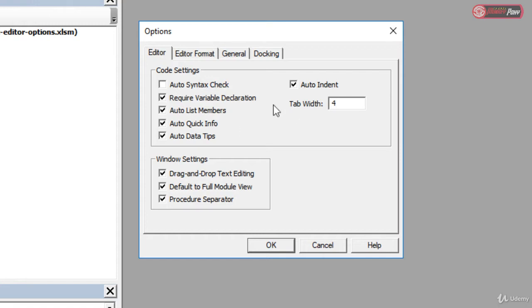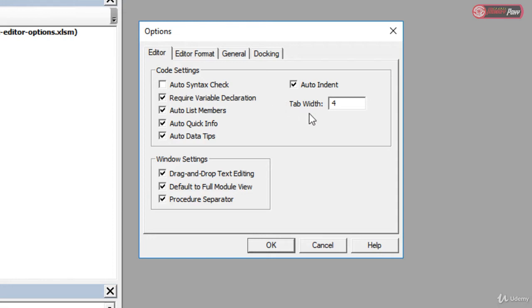To the right here, we have this auto indent option. I recommend keeping that checked as well. If this is enabled, VBE will indent every line of code the same as the previous line. So many times when we're going to be writing procedures, we're going to indent the entire body of the procedure an equal amount. This is not technically required, but it's a good visual indicator that all of the code is clumped together, that it represents a group, that what it accomplishes is kind of related to each other. So it's a good visual thing to do, and VBE will automatically do it for you